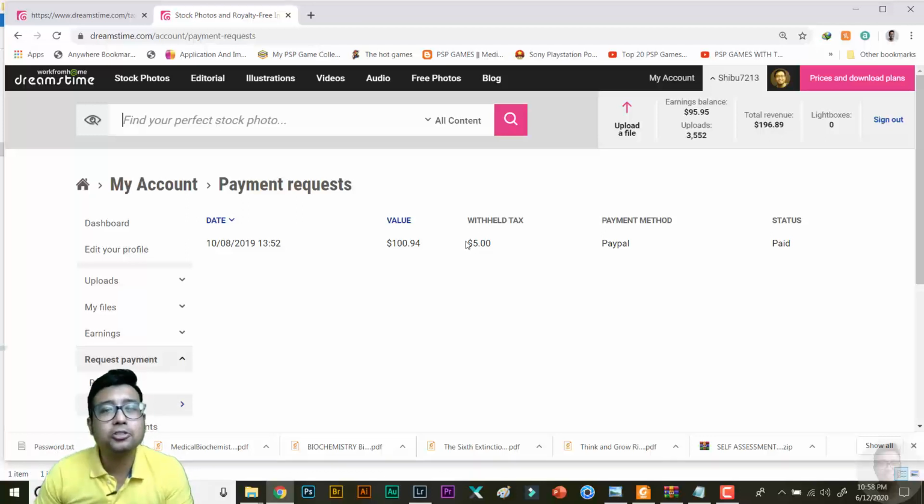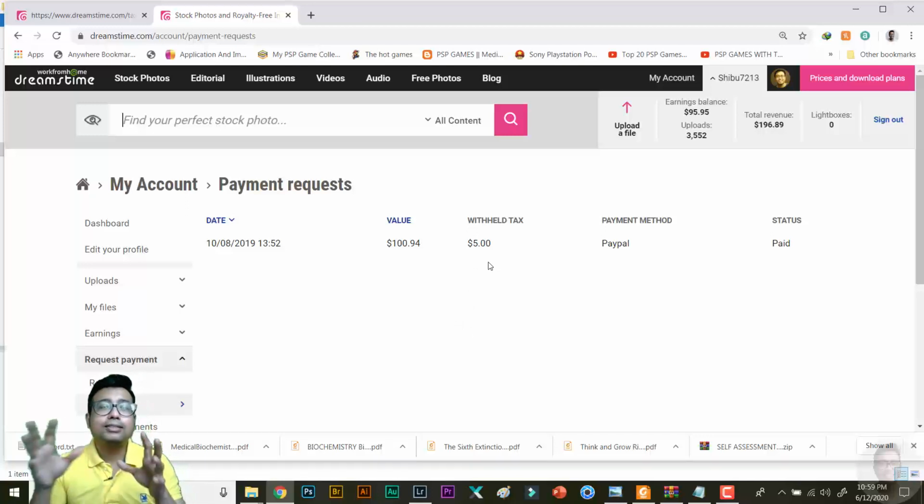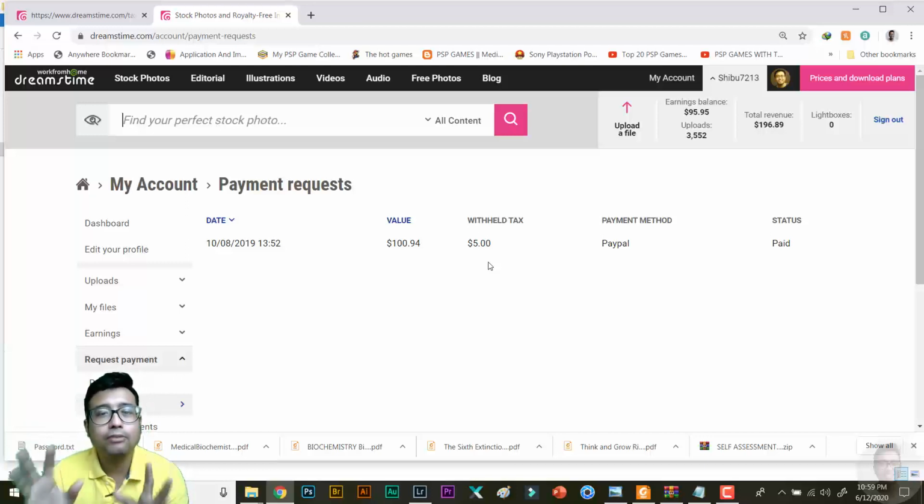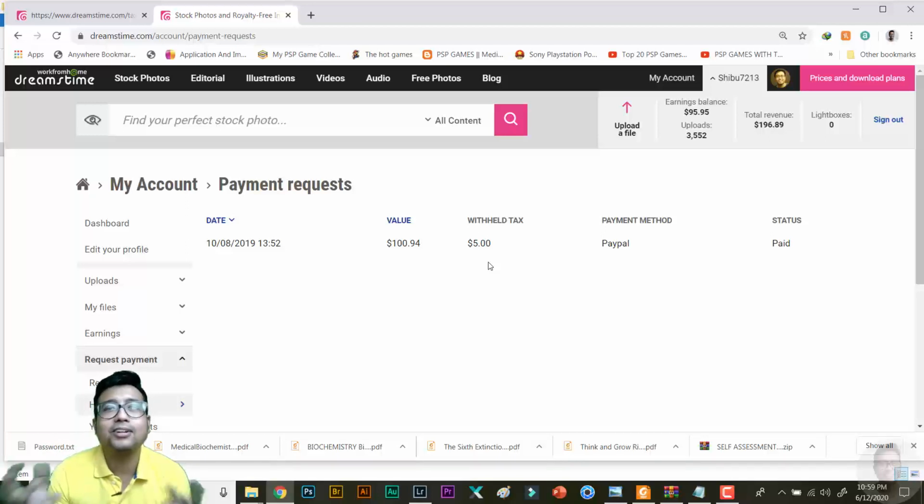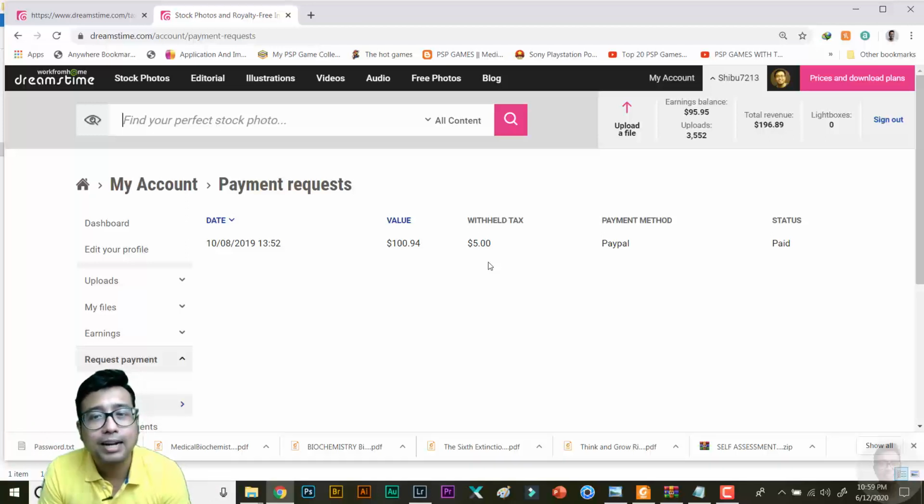So ideally it should have been $15, but the tax is only on the files which sell in America. So if someone buys your photo in USA, then only you need to pay the tax. If someone buys your photo from say New Zealand or Sweden or India, for example, you don't need to pay any tax, because the tax treaty is with America and because this is an American company.